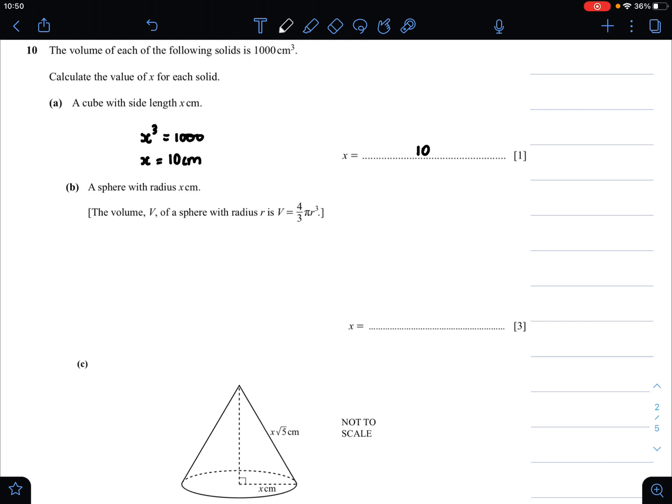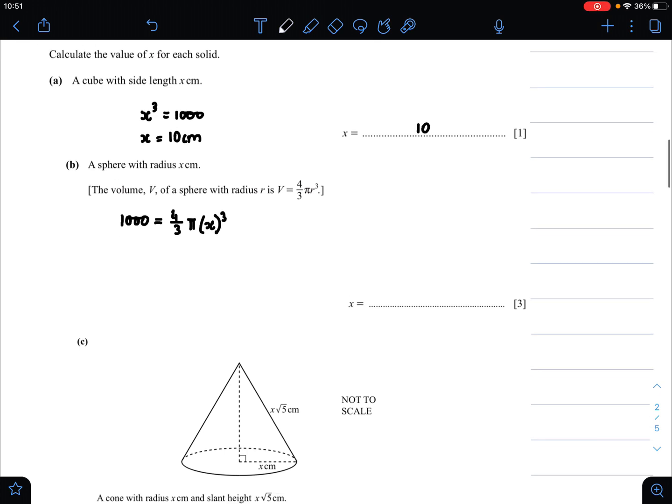They are telling us a sphere with a radius x centimeters. So, we know that the volume is 1000, and they've given us the formula for the volume of a sphere. So 4 by 3 pi r cube, and they're telling us the radius is x, so pi x cube. Now we can take 4 by 3 pi to the other side of the equation, so it'll become x cube is equal to 1000 divided by 4 by 3 pi,